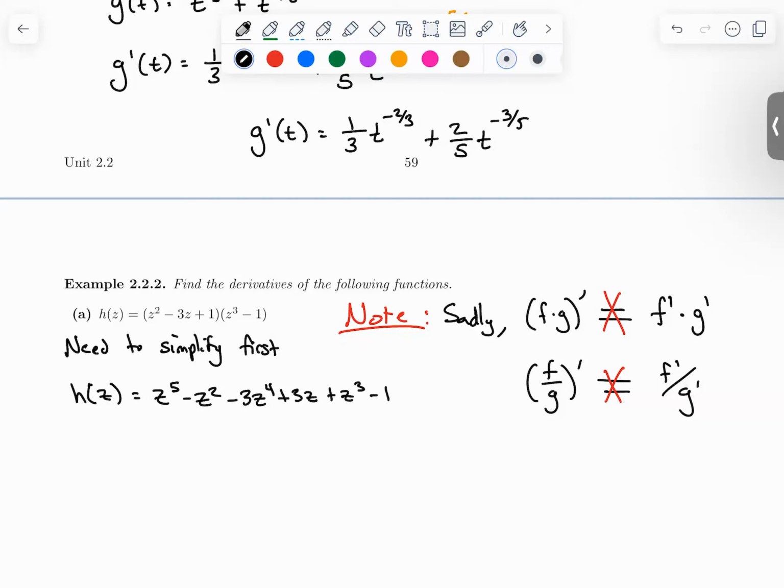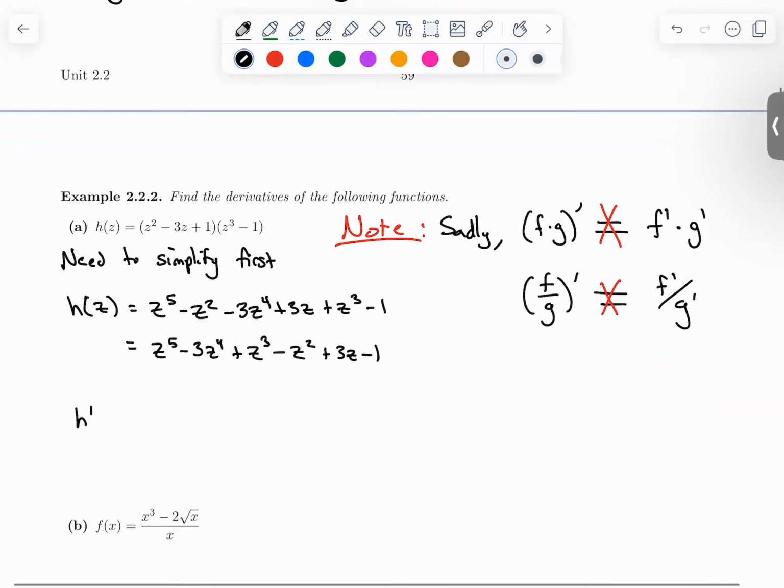You don't need to if you don't want to. I'm not going to mark you down for not writing it in descending order, but it doesn't hurt to do so. That's z to the 5th minus 3z to the 4th plus z cubed minus z squared plus 3z minus 1. So h prime of z is going to be